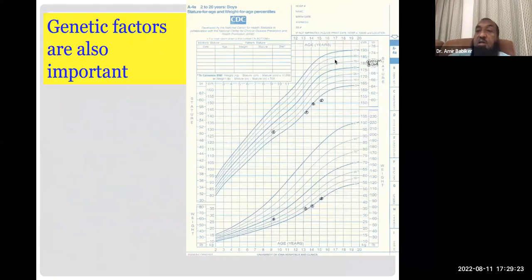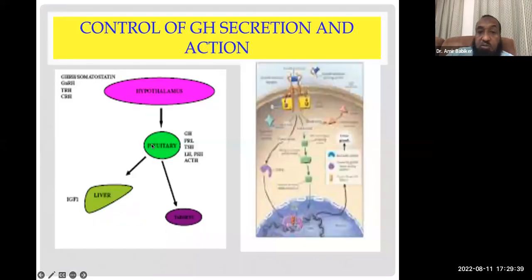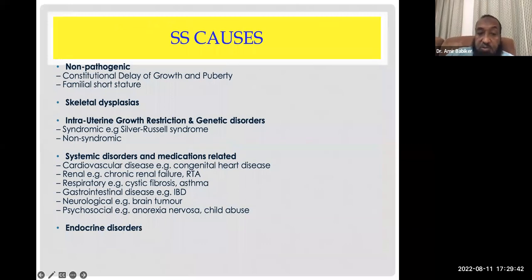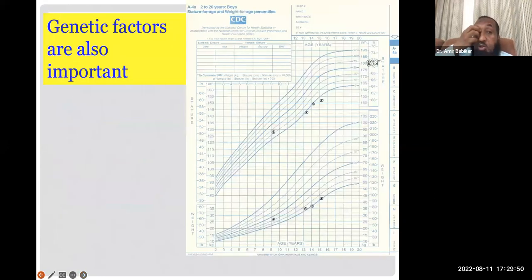I mentioned that it's important to know the mother's height and the father's height, and in the context of that you decide whether this child is going in the right direction or not. Is he short, or going to be short or not? I need to go back. Sorry. It's not there. So there is a slide, I'm not quite sure, it will come later, where you can decide the family target potential by measuring or calculating the mid-parental height.